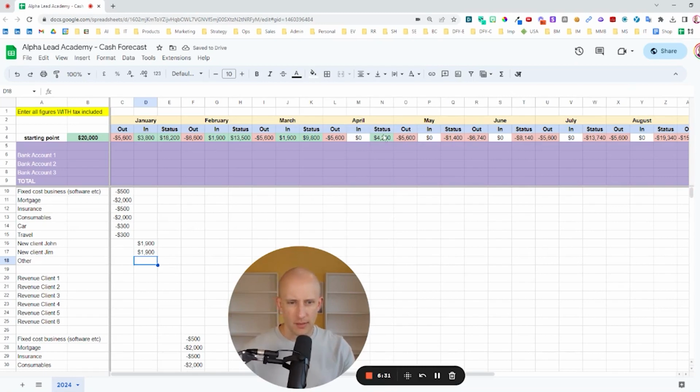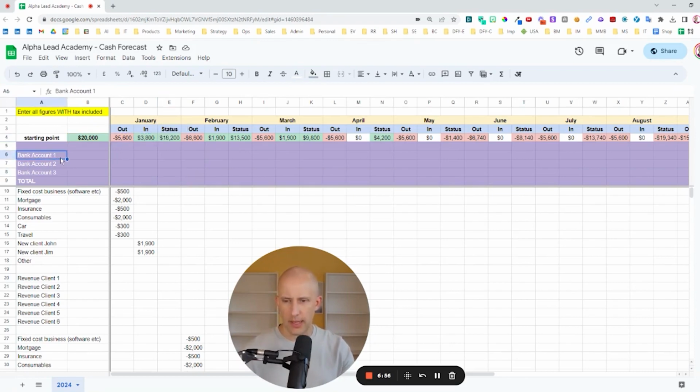And now you see the status in May has decreased, right? As in we are less in the red in May just because I added this new number in. Because why also? You have to explain the mechanics of it. Status simply looks at the starting point, adds the out figure, adds the in figure, and then calculates a new status. And you can then always check at the end of the month.